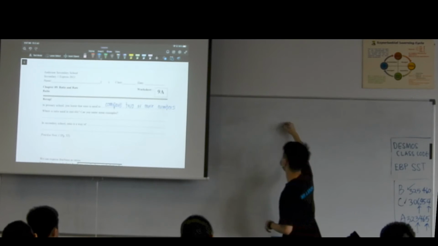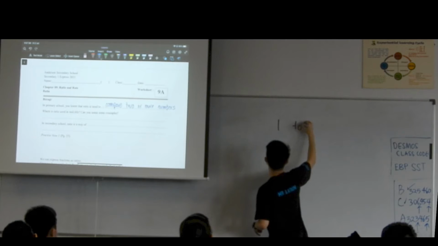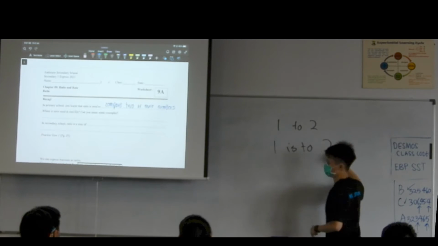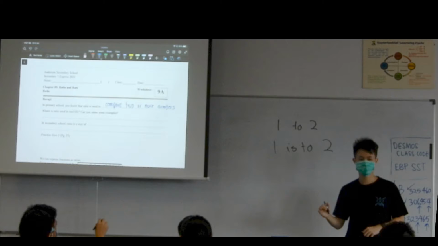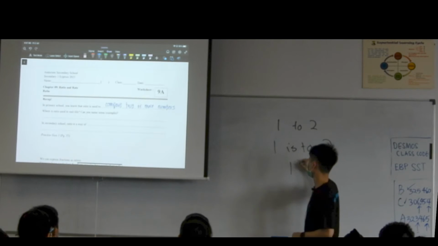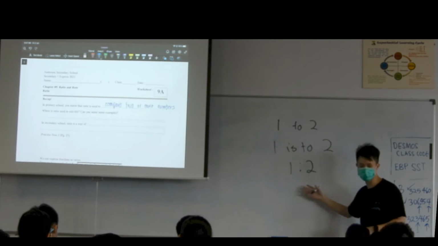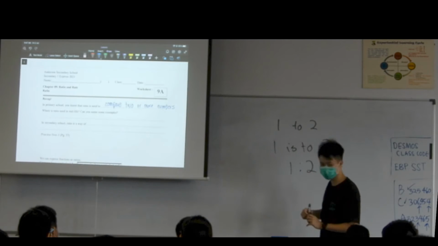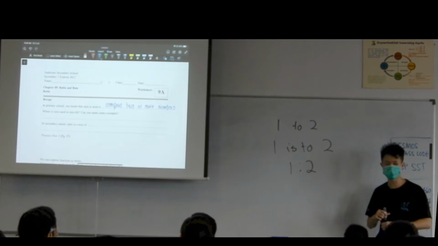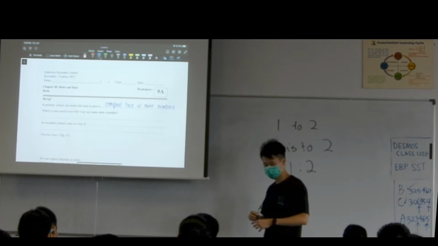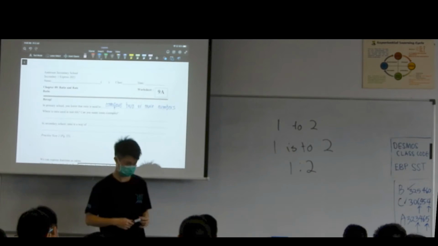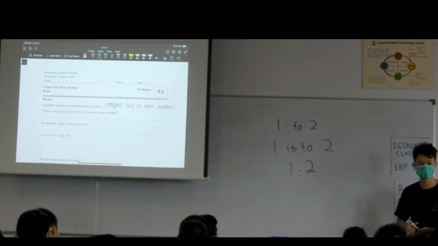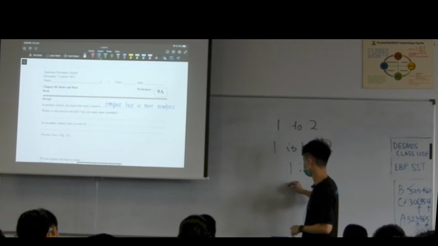1 to 2. Do we say 1 to 2? 1 is to 2, right? In English, we say this, but how do we represent it in mathematics? Okay, 1 semicolon 2. What does this 1 semicolon 2 actually mean? 1 divided by 2, are they equivalent or are they equal? Equivalent. Okay, so this is equivalent